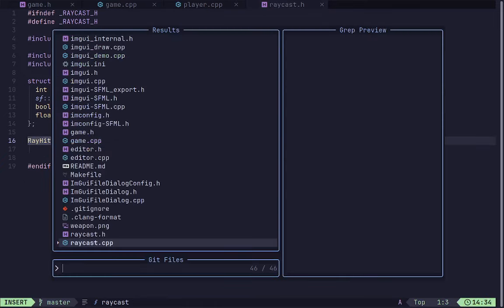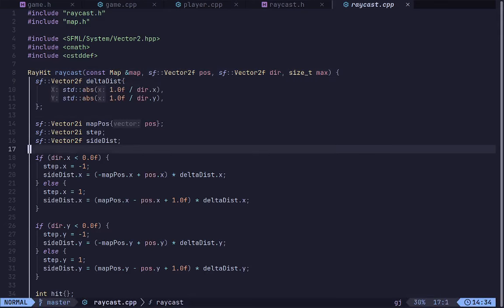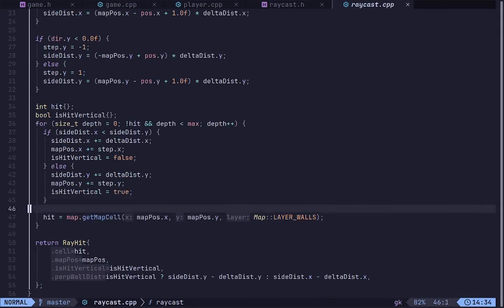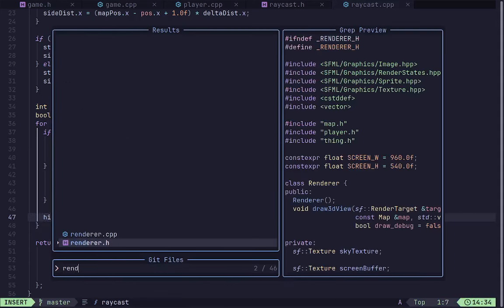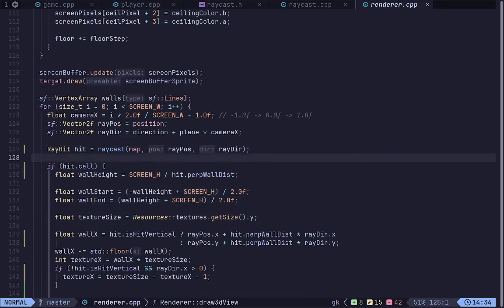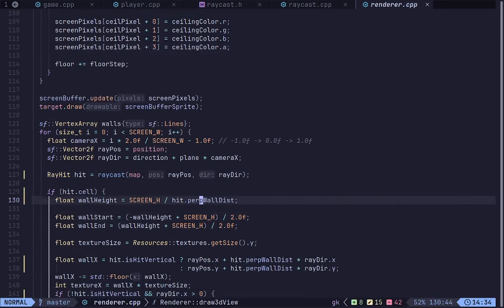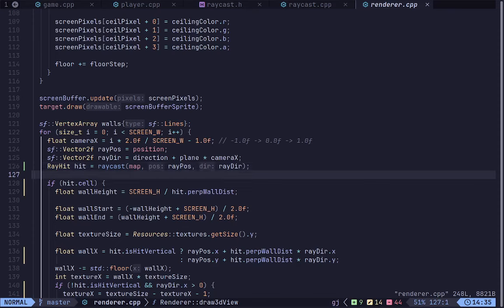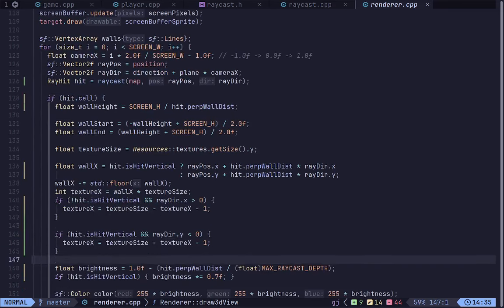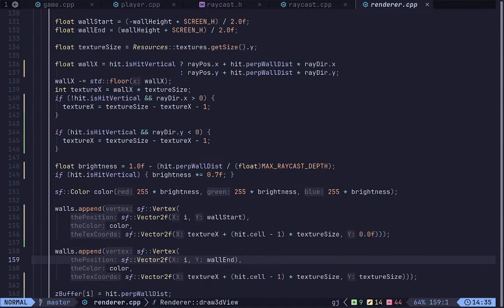ray hit structure. So if I go ahead and open up raycast.cpp, you can see that is basically the same algorithm. We just return all of the data in the form of a structure instead of using it to do a wall here. So it's basically the same DDA algorithm that we were using earlier. Now if I go ahead and open up render.cpp here, you can see that instead of having the whole DDA algorithm here, we just use raycast to get a ray hit here. Ray hit is equal to raycast. We give it the map, the ray position, and the ray direction, and then we check the hit cell, and we use the hit's is vertical and perpendicular wall distance everywhere, and the rest of the code is pretty